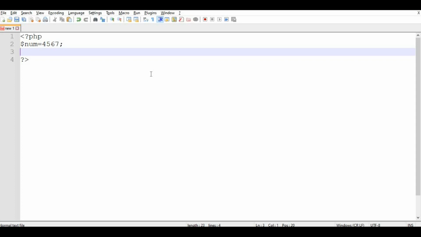To print the given number in reverse format, we use two operators. One is mod and the other is the forward slash, which is the divide operator.